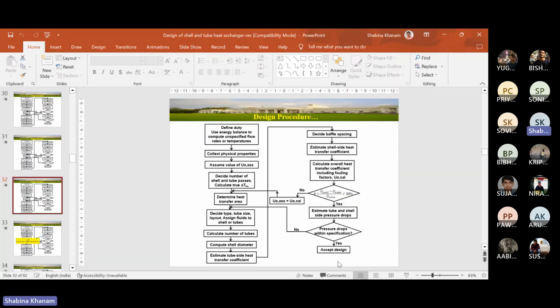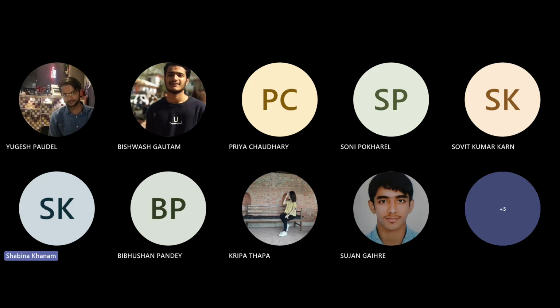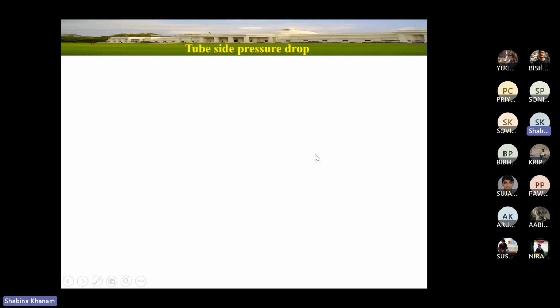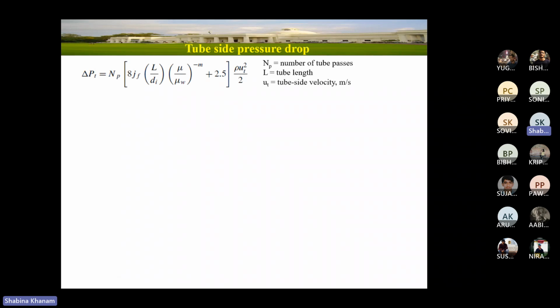Again, I need to share the screen for pressure drop. So once I'm having the heat transfer coefficient, we can proceed for pressure drop calculation for tube side as well as for shell side. So tube side,